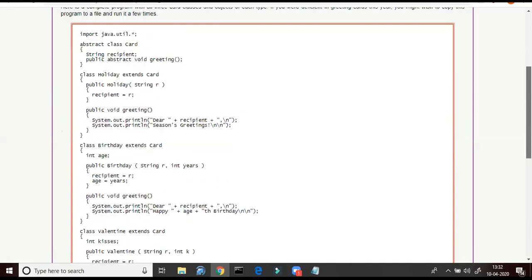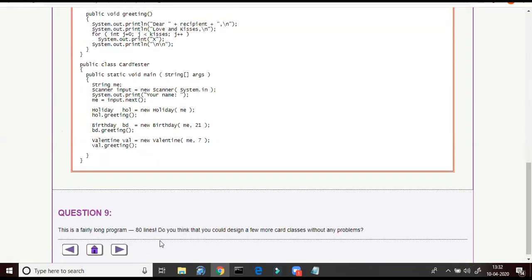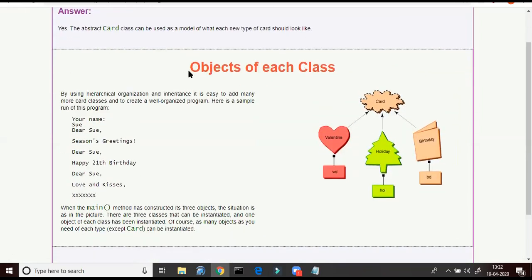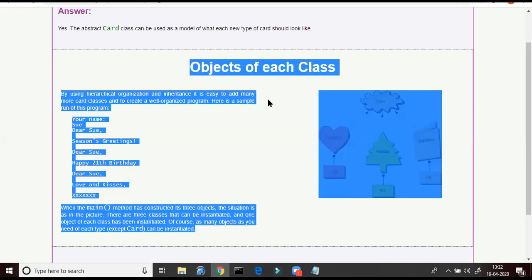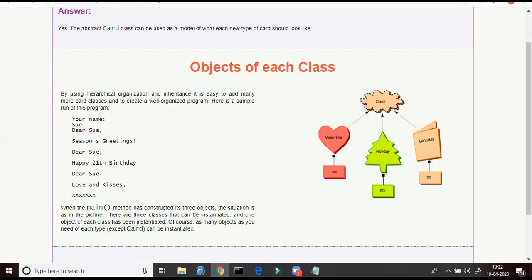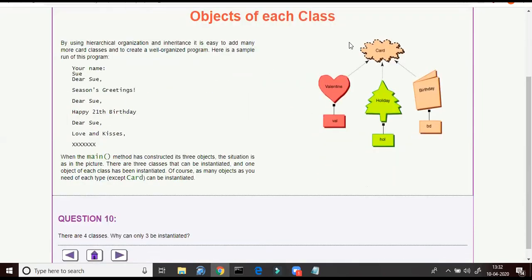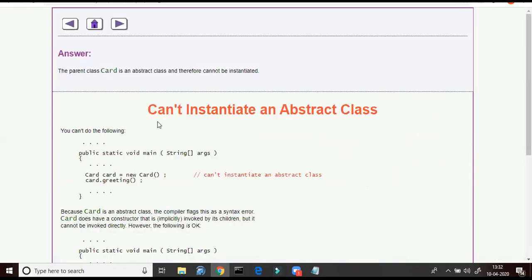So this is the full program which I have shown you already. Next we'll be discussing something. We have already discussed that using a superclass reference variable you can access the subclass object. That is what is being explained in this particular page. And this also we know already.